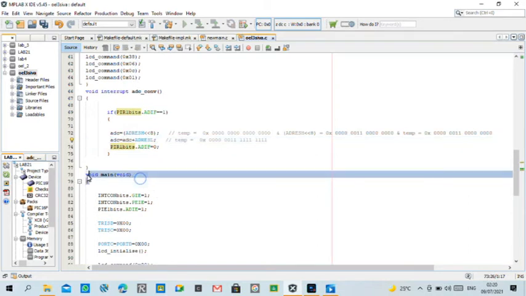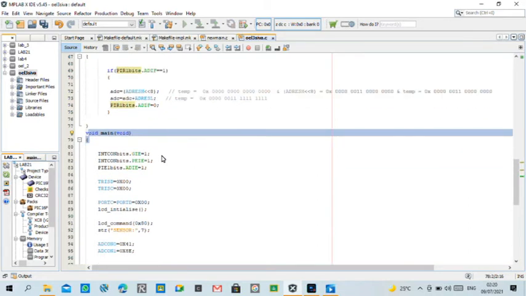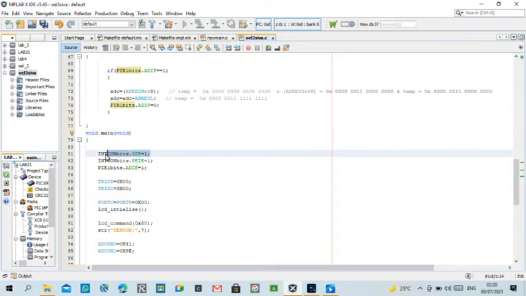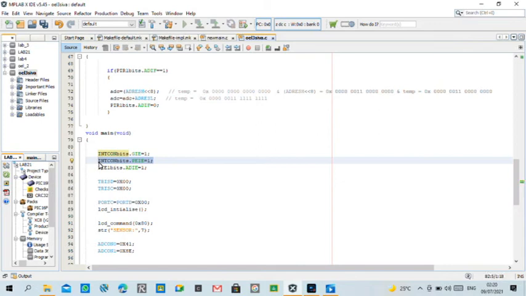Initially, for the main, we are going to enable the global interrupt, the peripheral interrupt, and the ADC interrupt enable.